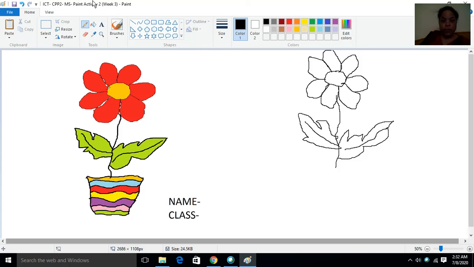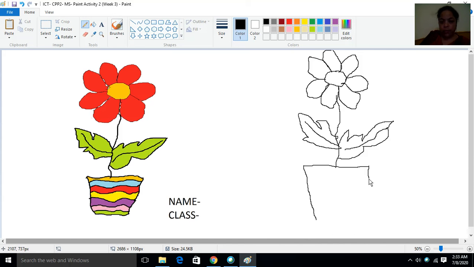Now I want to draw this lower part. So for this, how many boxes are there? 1 2 3 4 5 6 7. So at first I will draw one line on the top, then I will draw it like this.